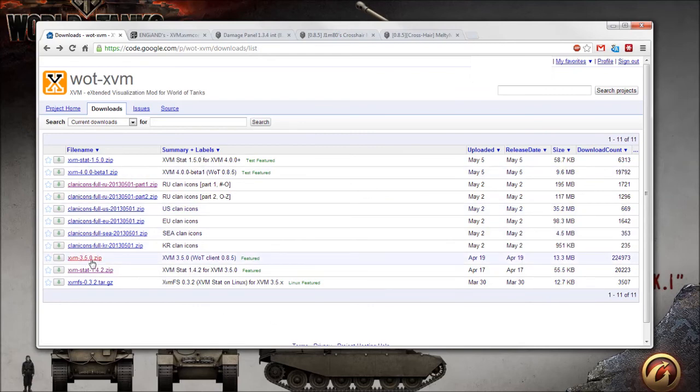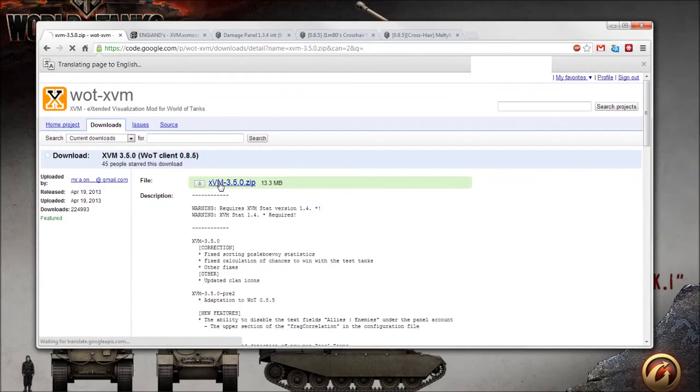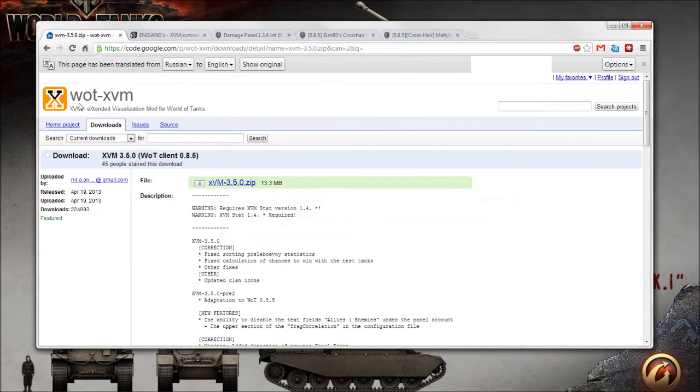So you'll want to download this and the stat module if you want the stats, for example, chance to win, the efficiency of the players inside the game, stuff like that. So clicking on these, you'll download here, click on that, and you will download stuff. Okay, so I've already downloaded all this stuff. Next,